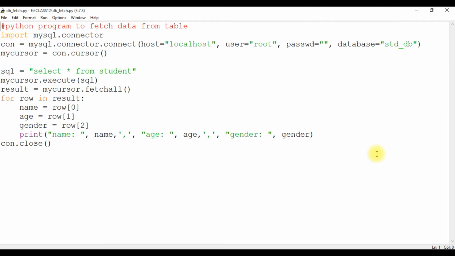In our previous video, we learned how we can fetch all the records from the table using the fetchall method. Now in this video, we are going to fetch only one record from the table. So here we will write a Python program to fetch one record